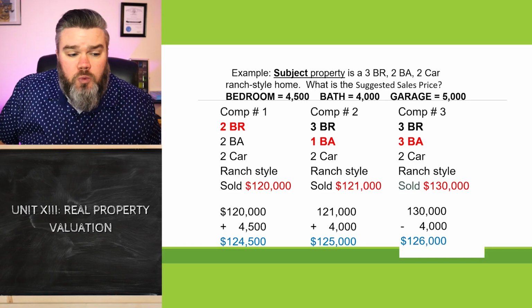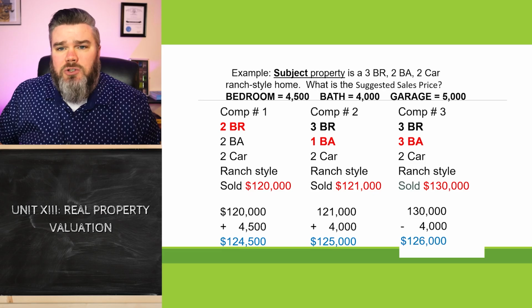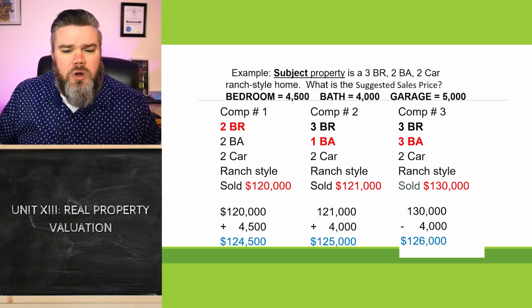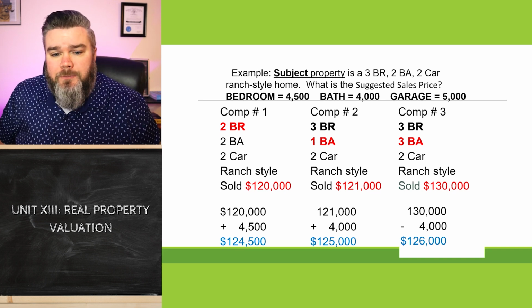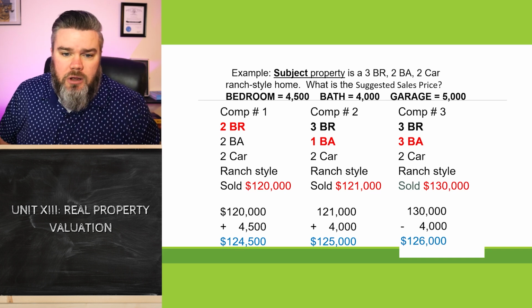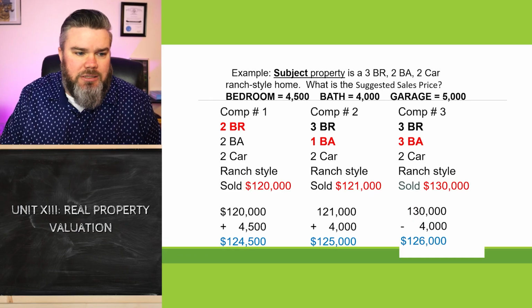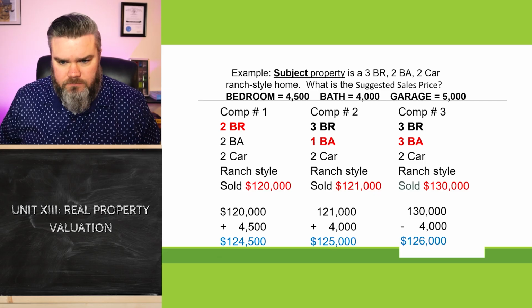When we are doing this as real estate brokers, because we're not appraisers, we give it to our clients as a range. So if this was our CMA, we'd say, well, Mr. and Mrs. Seller, we could probably sell your house between $124,500 and $126,000. We don't ever give them 1 number. As a real estate broker, we give them a range of numbers, lowest to highest. Is this making sense so far?